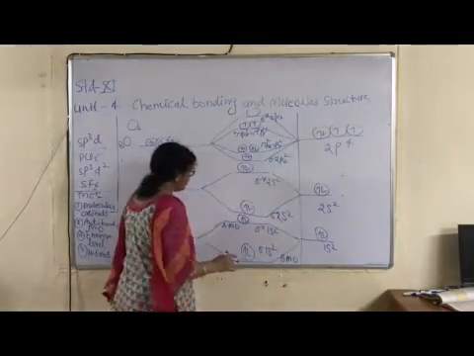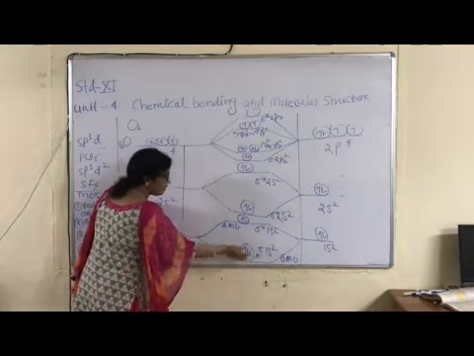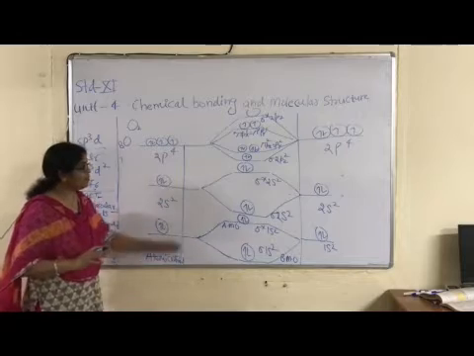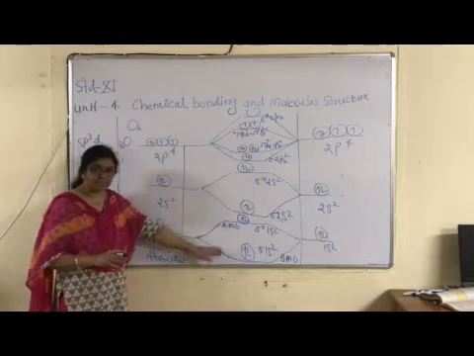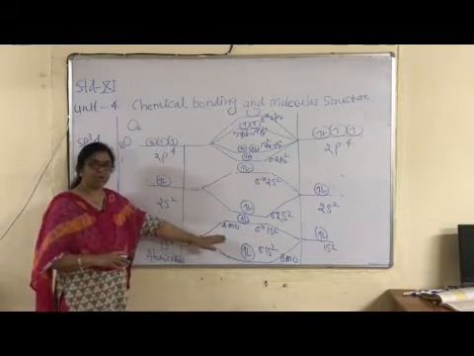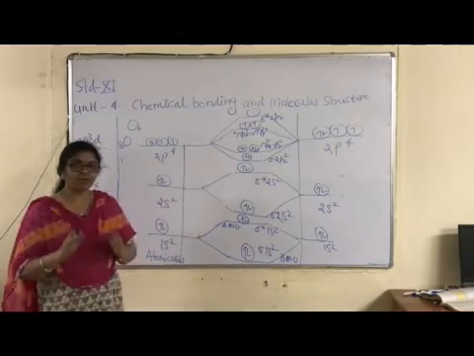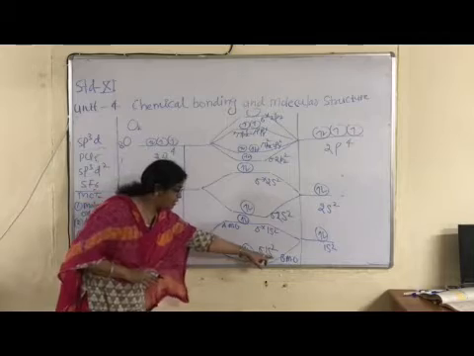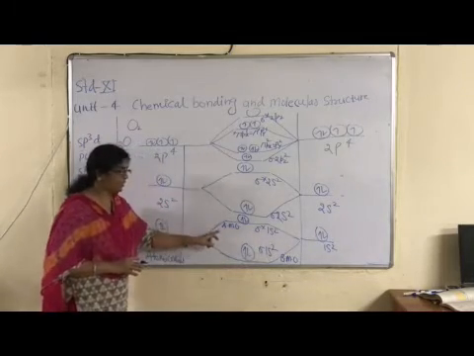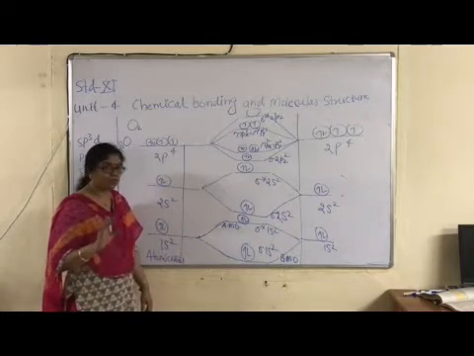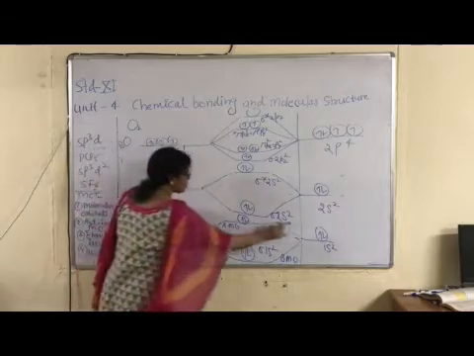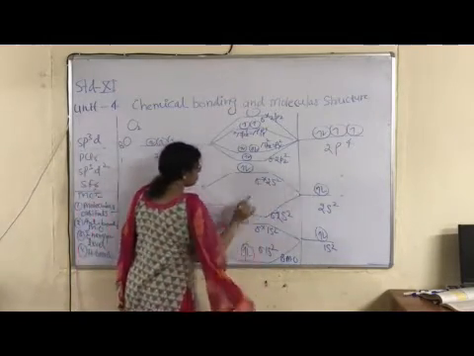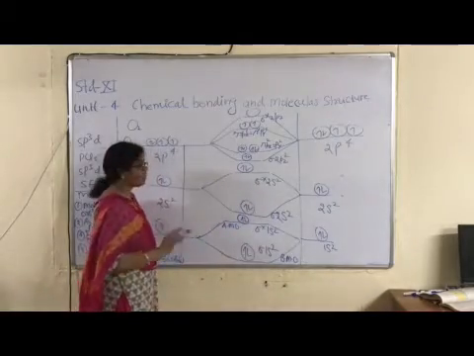Is it okay? Then overlapping between the two, sigma. The middle part always means molecular orbitals. The middle part of the energy level diagram of a molecule means the presence of molecular orbitals only, with the lower energy level being bonding molecular orbitals and the higher being antibonding. I am repeating again and again. Okay children? Now 2 plus 2, 4, and again 2 plus 2, 4. It is correct.